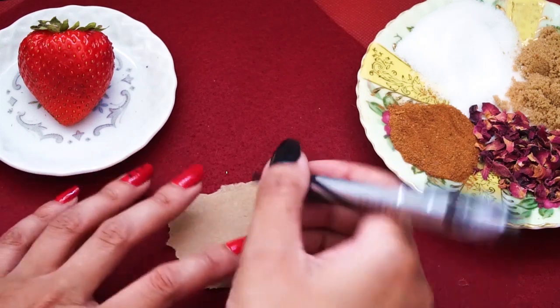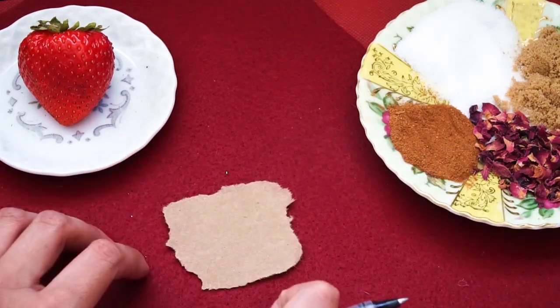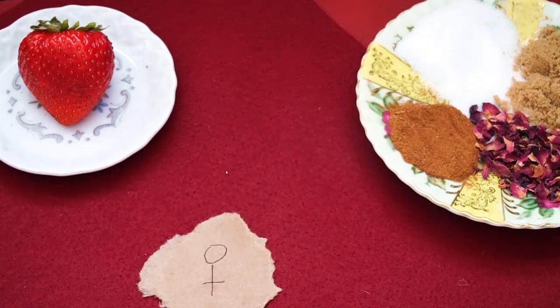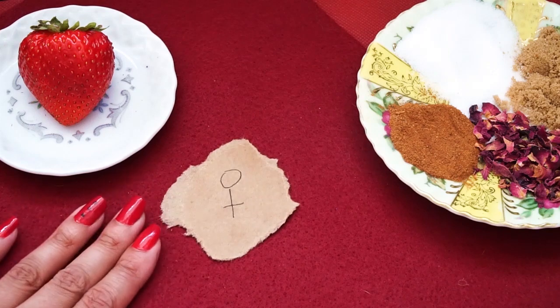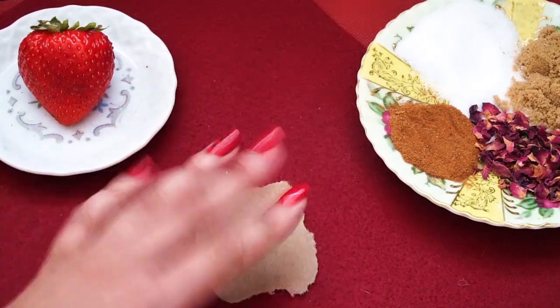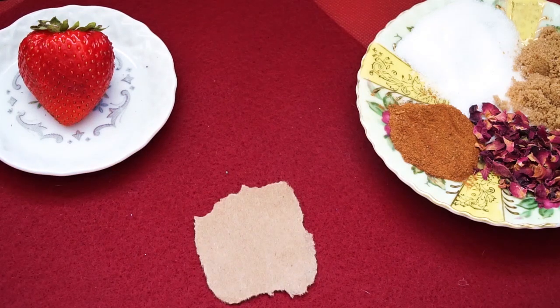If you want to, you can also put the Venus symbol. The Venus symbol looks like something like that. So if you wanted to, you could put that with your name over it or under it. But in this case, I want to show you how to sweeten up your love life also